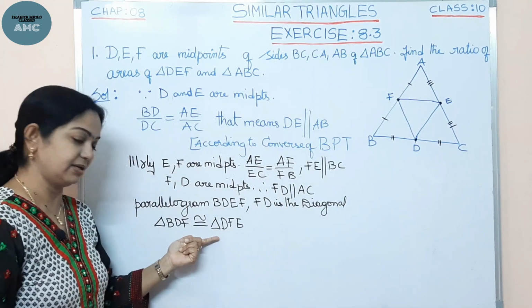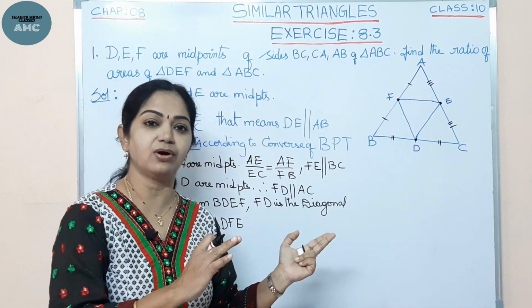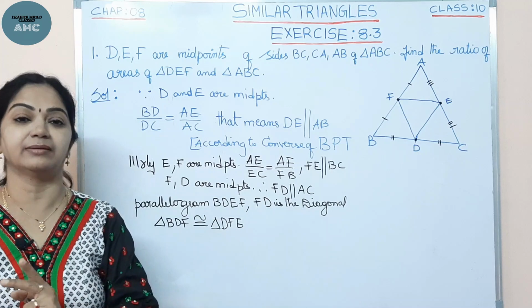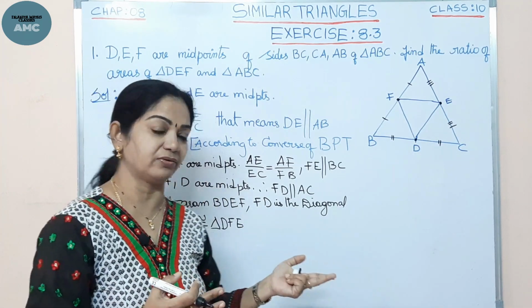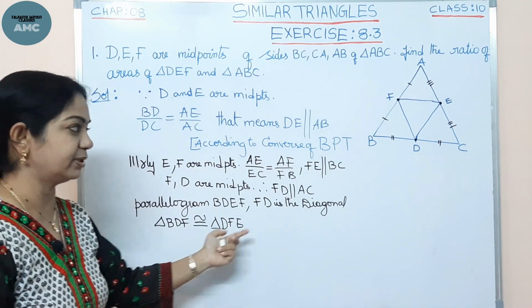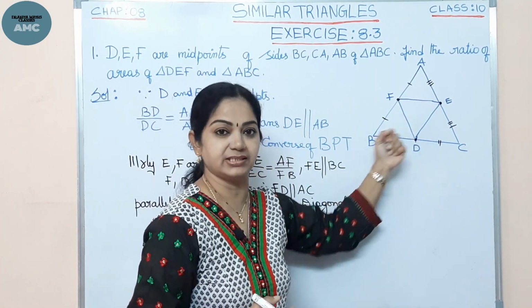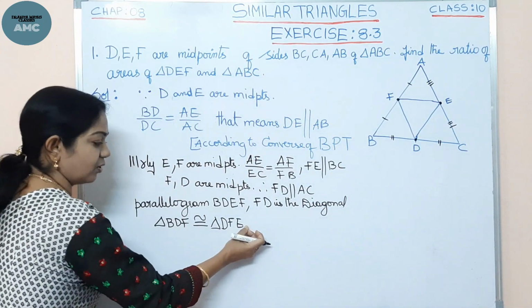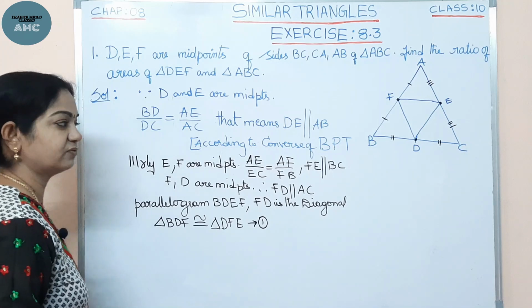I'm not telling similar, although they are similar. We have discussed that all the congruent figures are similar, but all similar figures need not be congruent. So they are congruent because they are equal as well as in same shape and same size, isn't it? So we got this as congruent. Let me suppose this as equation 1.